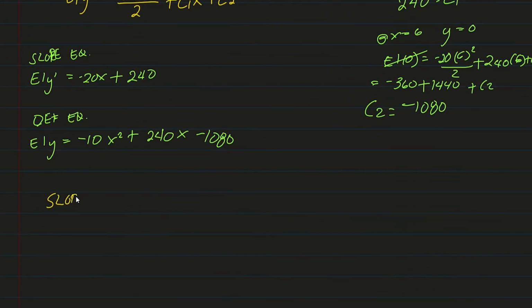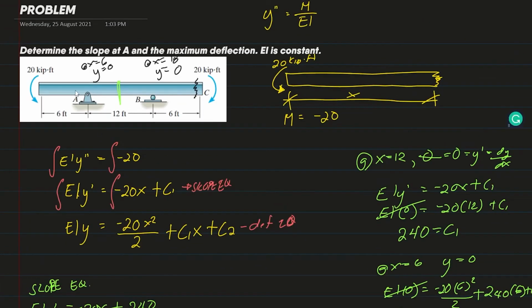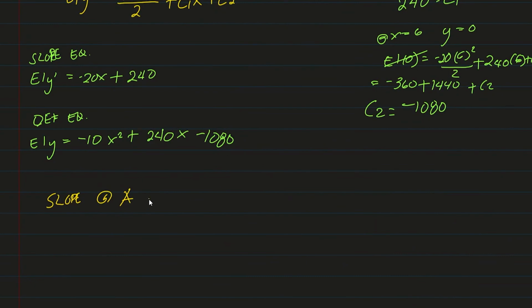Slope at A. So, at point A is also the pin support. Okay? So, ang x natin dyan would be 6. That distance is our x. Okay? So, at slope A, x is equal to 6. Now, we are tasked to solve for the slope. So, definitely, we will use the slope equation. Ito yung gagamitin natin. So, EI y prime